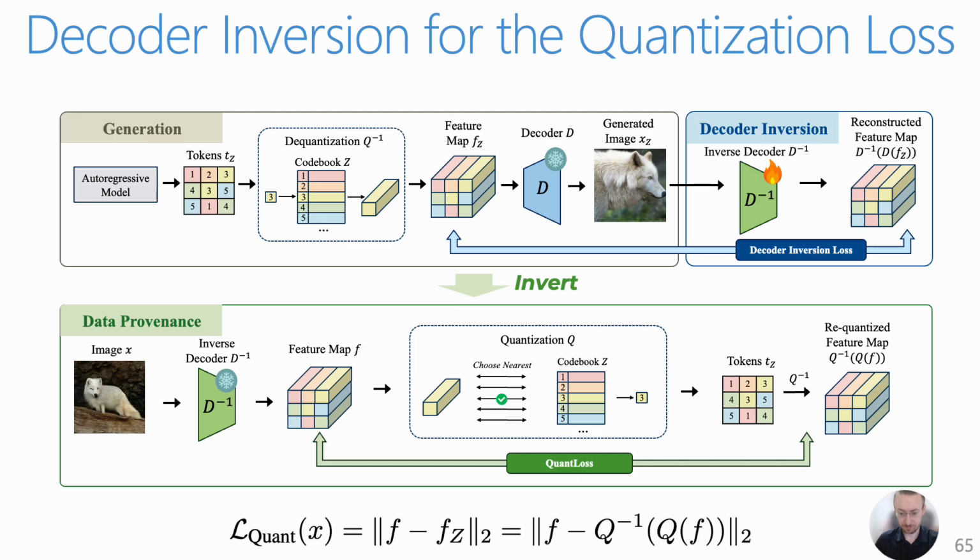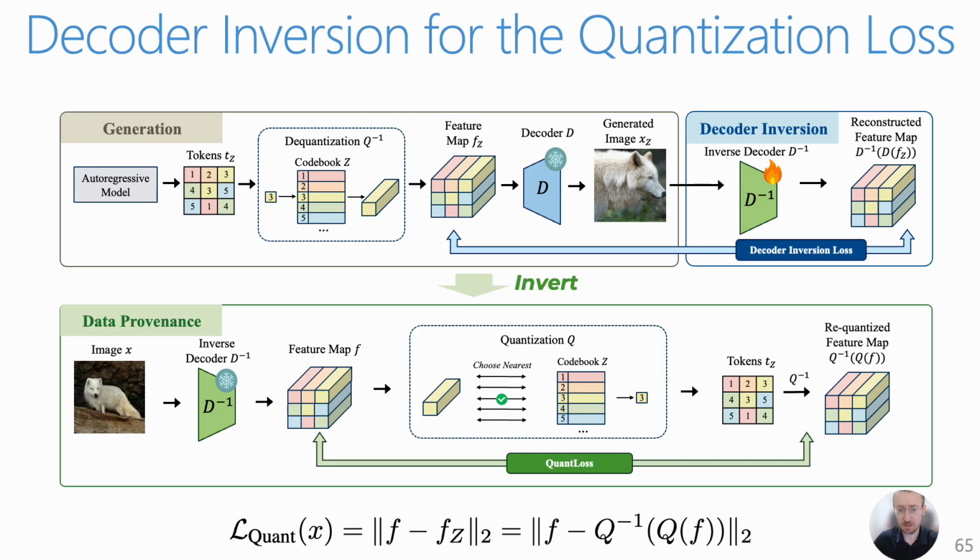So this is the final refinement. How can we further improve the detection of the generated images? It turns out that we can further fine-tune the decoder. So we can create a better inverse decoder to have a more precise feature map that actually reflects the feature map used for the generation. And by decoding inversion training, what I mean is that here we start from the feature map of the